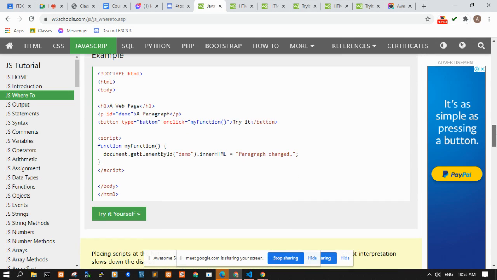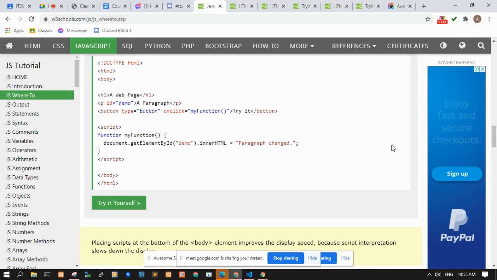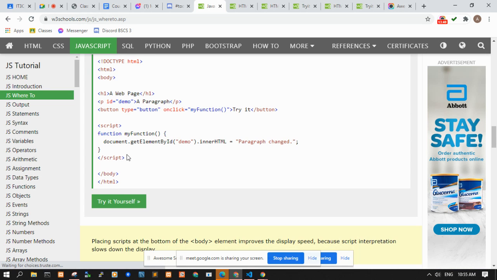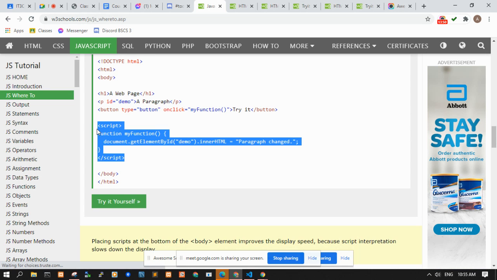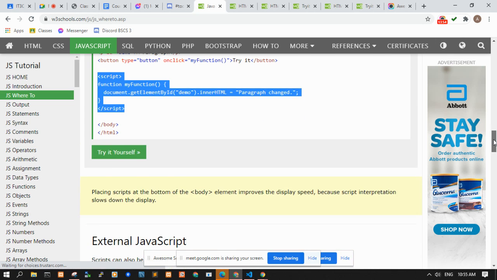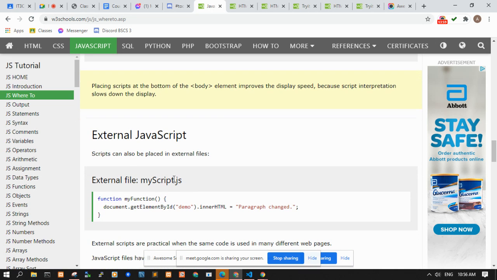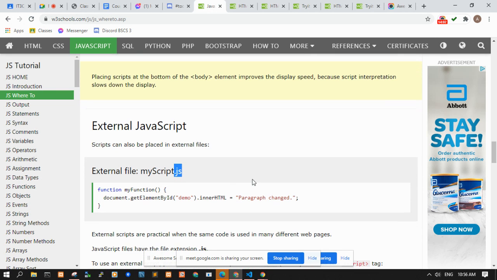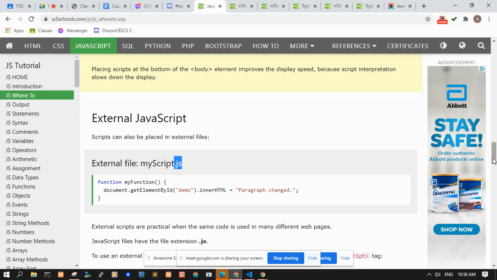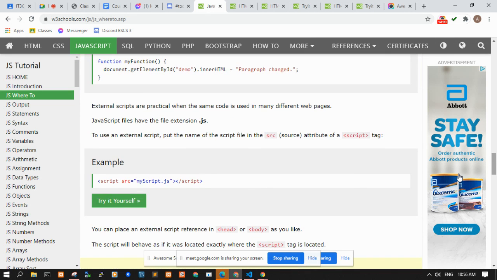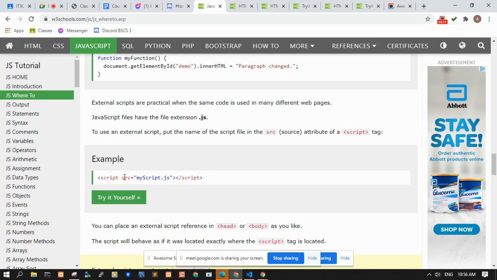And if you want your contents to be loaded first before the scripts, you want to put it in the body just before the closing tag of the body. Okay. Or you can put your script in an external JavaScript file ending with the extension .js, and then you can add it into your document using the script tag and the source.